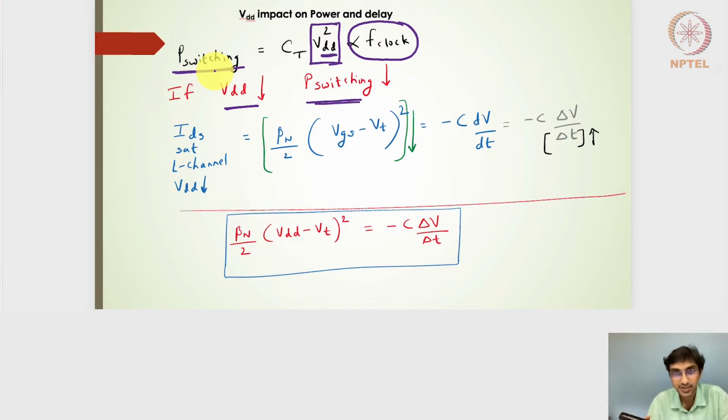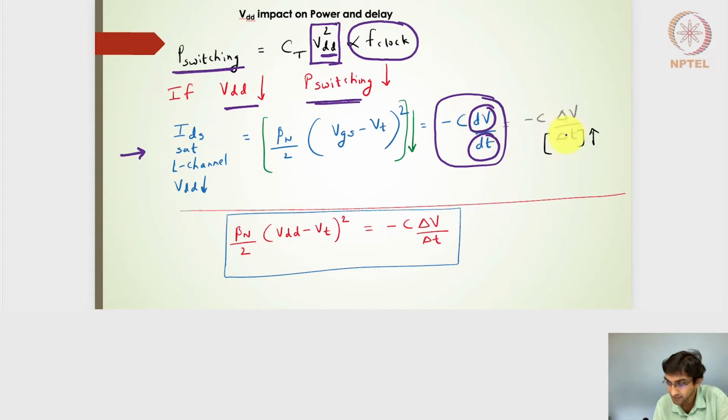Now, what are the compromises one has to make if I use a lower rail voltage? Let me have a look at the current. If I look at saturation using a long channel current model, the saturation current expression is nothing but beta n divided by 2 into (Vgs minus Vt) the whole squared, which is used for the discharging. If I choose an inverter design, this equation is valid for the discharging of the load capacitor. And if I approximate dV by dt as delta V by delta T,